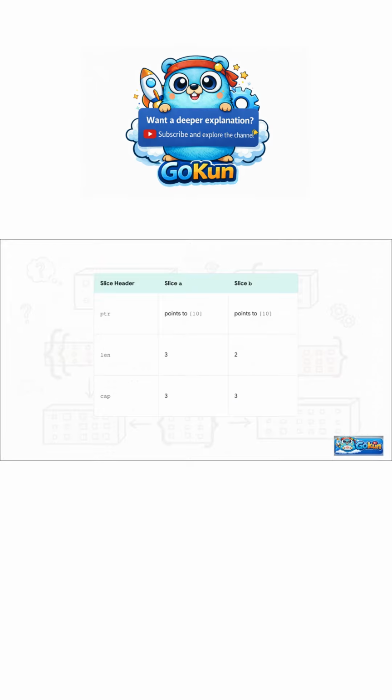And this is what solves our puzzle. When we created B from A, Go didn't copy the data. It just created a second window that pointed to the exact same backing array. So when we reached through B's window to change that value to 99, we were changing the data in the shared array. Of course, A saw the change. It was looking at the same thing. So we've